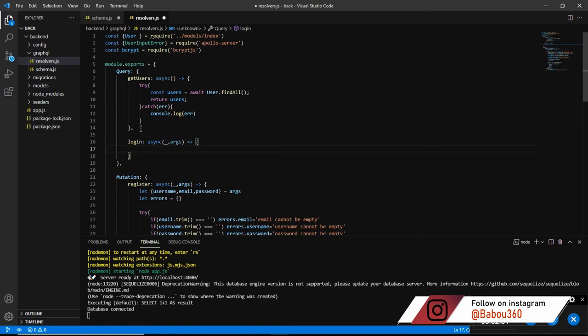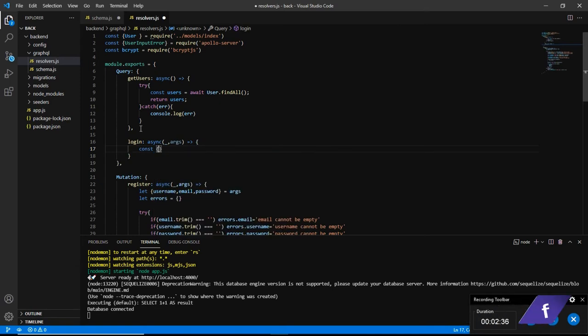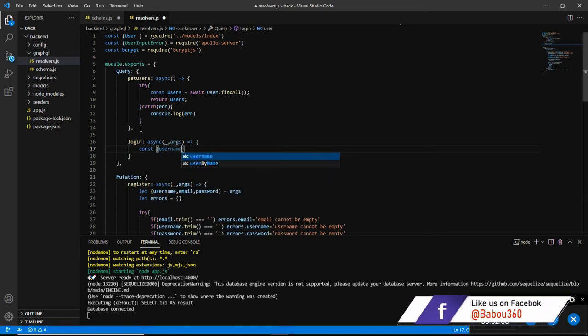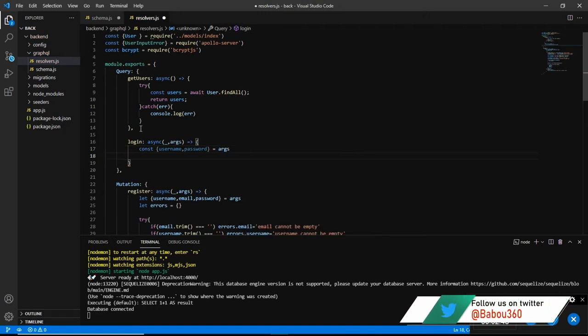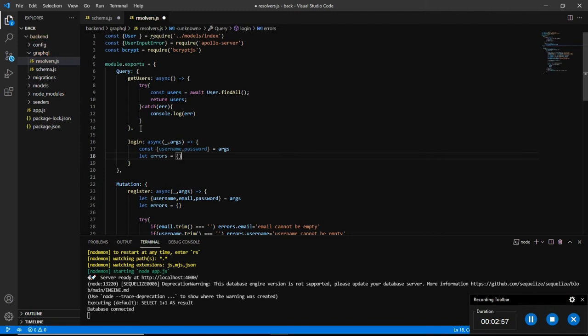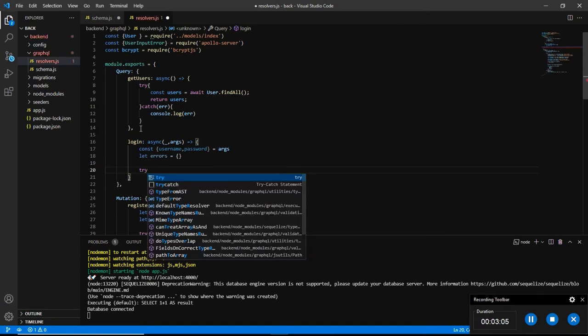And of course we are going to initialize the arguments, so const username and password, which is equal to args. And another thing is we're going to have our errors object, so let errors is equal to an object. And so we're going to have our try catch block,